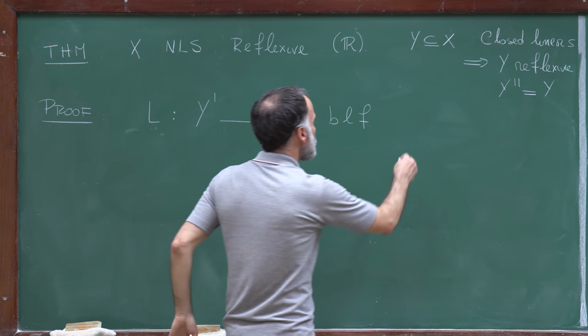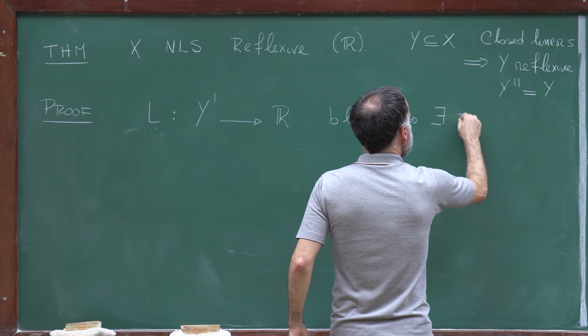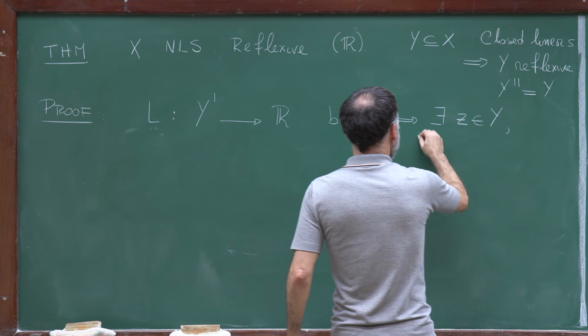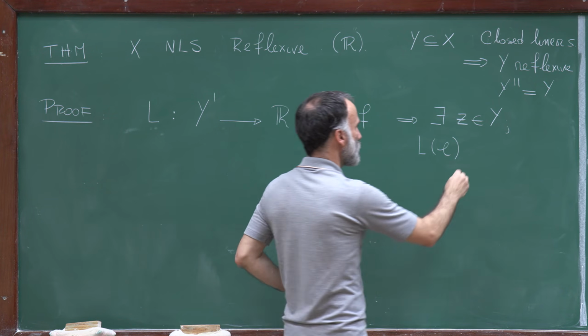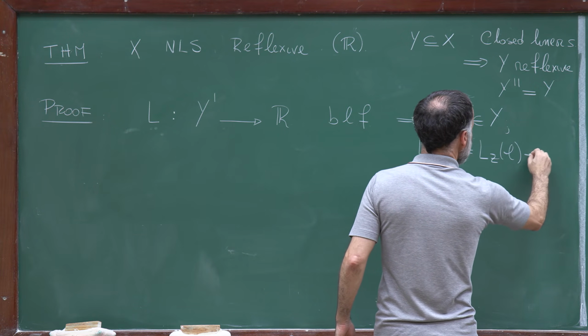Then what I need to prove is that there exists z in Y such that capital L of l is actually equal to l of z, and this is by definition l_z